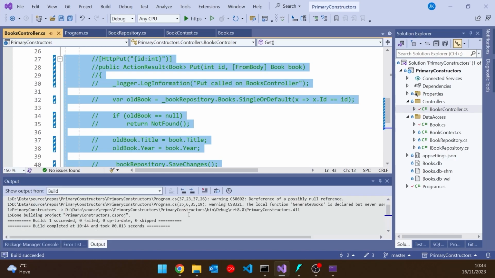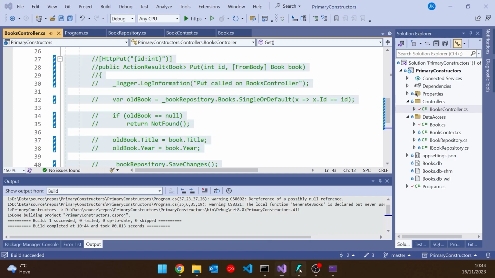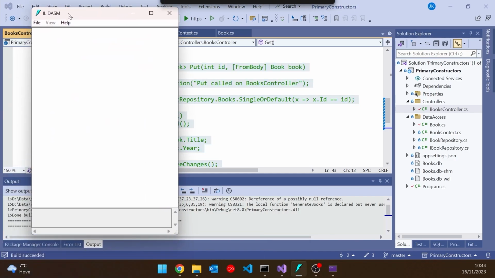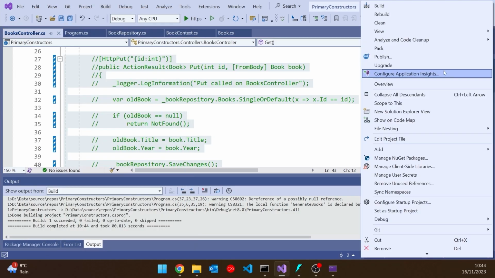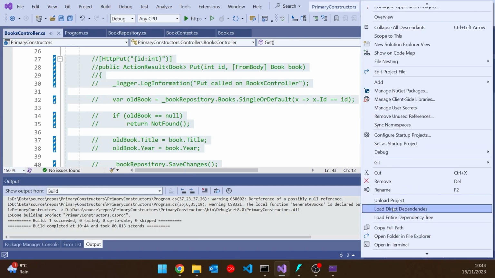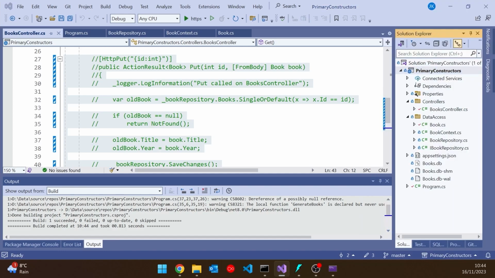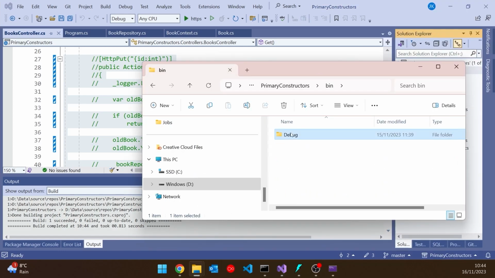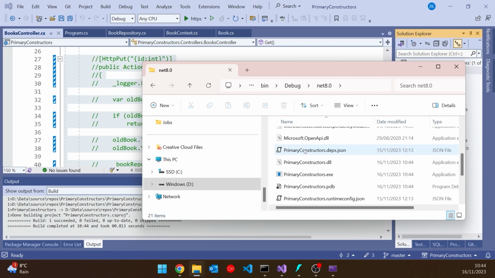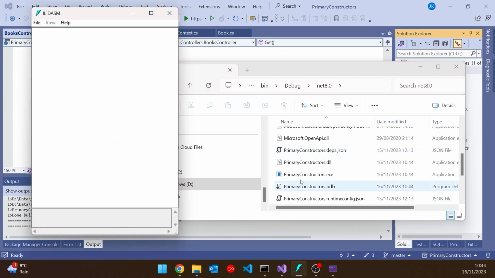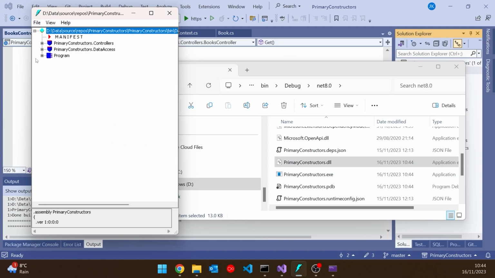The reason I want it to build is so we can actually have a look inside that class that was created. What I've got up here is quite an old tool in .NET, but it still does the job, which is the ILDASM, the Intermediate Language Disassembler, which means if we go down and get hold of the DLL for this application in there, we can just drag that over and start looking at what's going on.